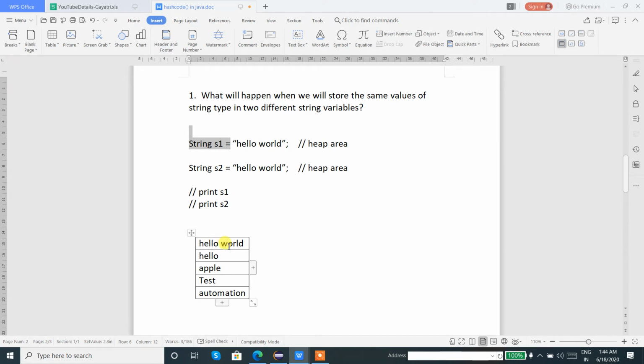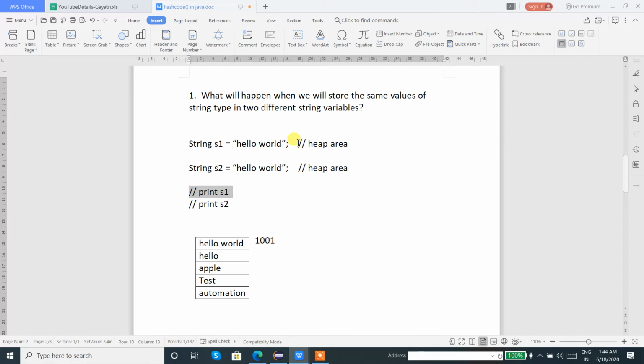Fine. So now if it is present, what will happen? It will take the same address location and point the variable to the same address location.